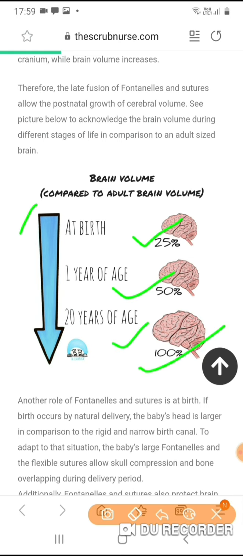So these are the ratios of brain development at different ages. So when we think about the fontanels,